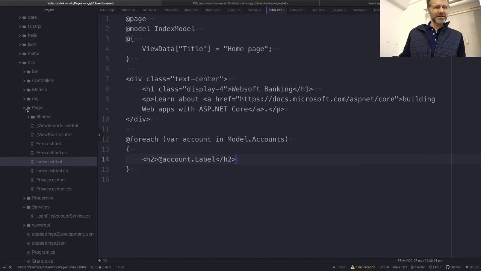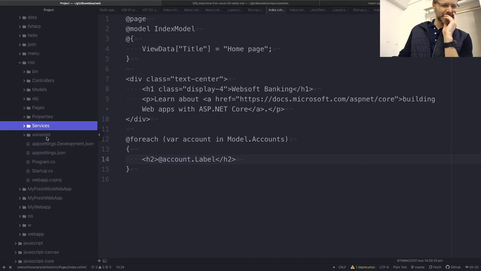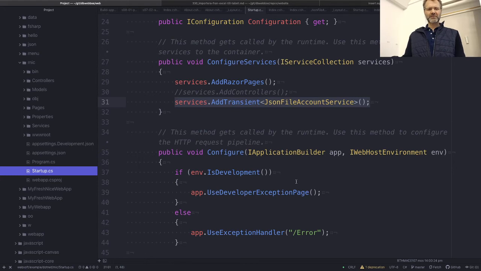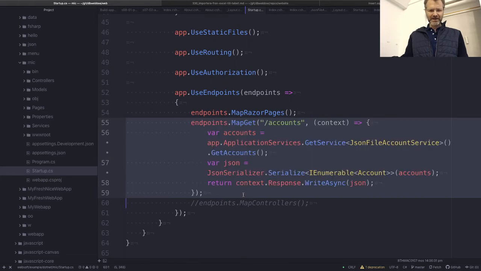So I got pages. Yes. I got services. Yes. Let's have a look at this startup file, because I removed something down here. Let's get back this Node.js Express